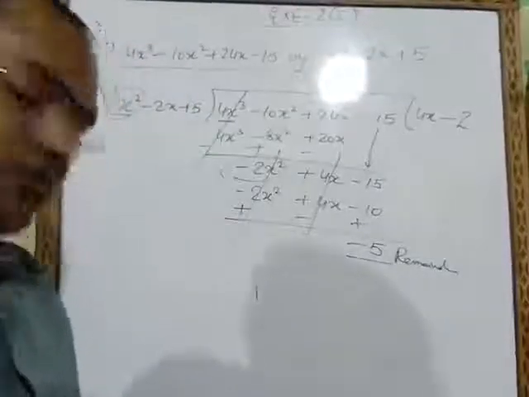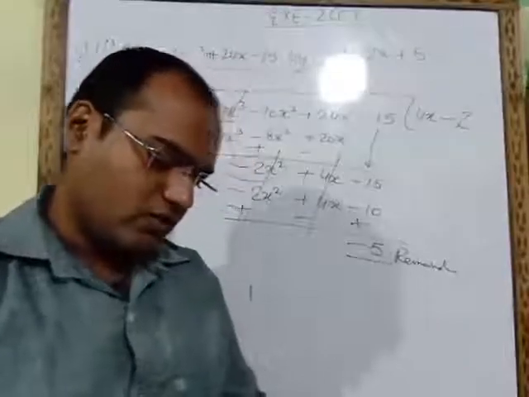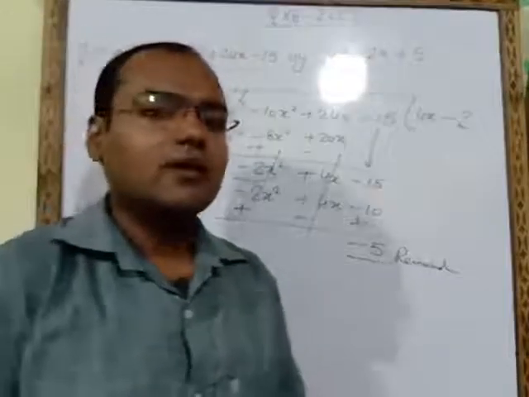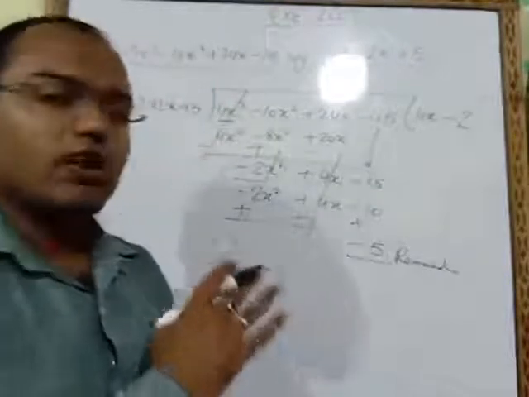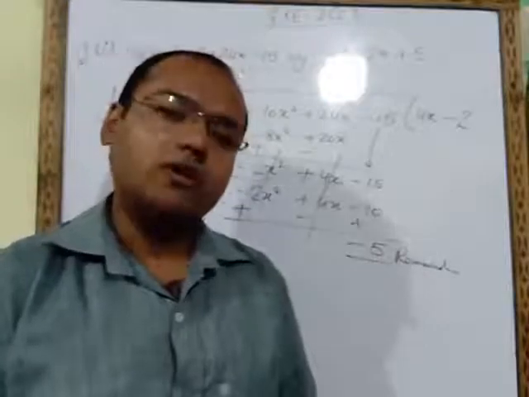So like this you have to do question number 7 first part. Now question number 4, 5, 6 and 7. All the 4 questions are the same. I have explained to you the method how you have to solve these questions. So now the rest of the questions you have to do in your fair notebook.